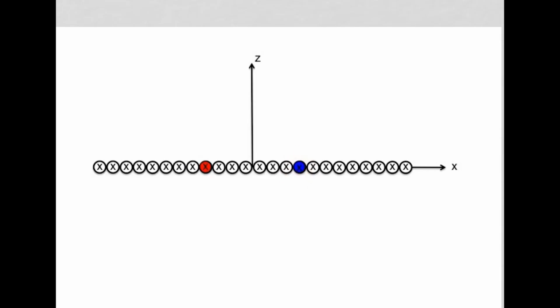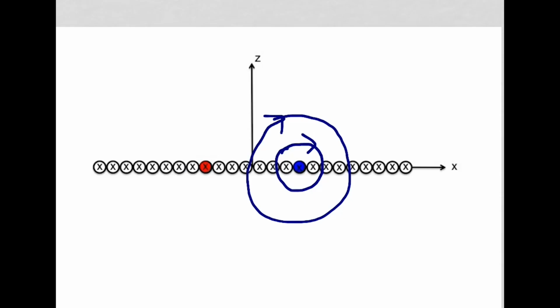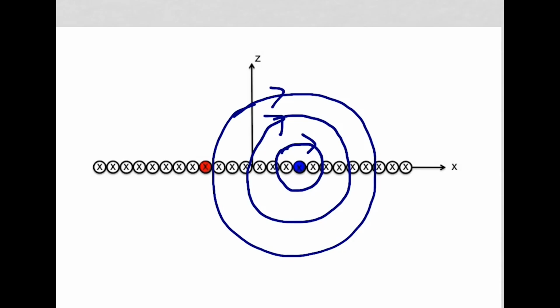We know the form of the magnetic field intensity due to an infinite line of current. If you put the thumb of your right hand in the direction of the current, your right fingers will point in the direction of these circles of magnetic field intensity around this current filament. And we know that the magnitude is given by I over 2 pi d, where d is the distance from the current filament to the magnetic field intensity line.